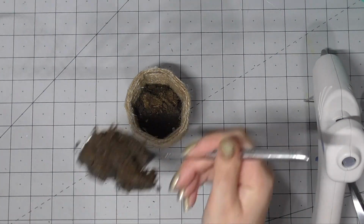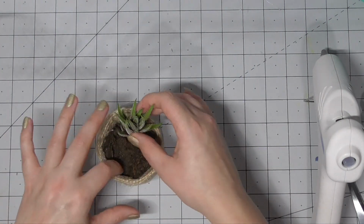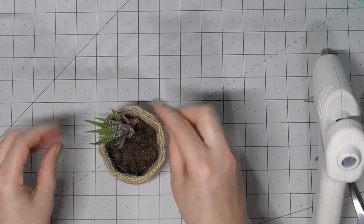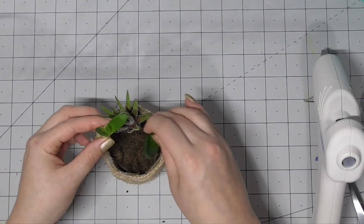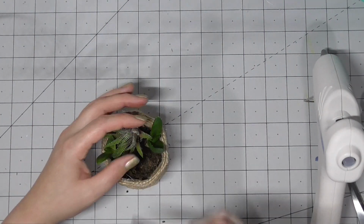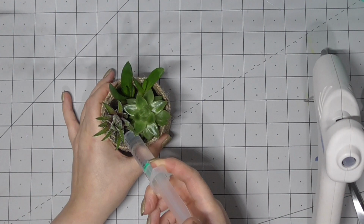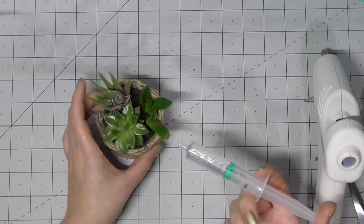So I used a couple rocks at the bottom. There aren't any drainage holes, but succulents will do okay without drainage as long as you don't overwater them and you've got a little area at the bottom for water to collect, which is why I put the rocks in the bottom. Then I used some succulent and cactus soil and just planted in some little teeny tiny succulents, and